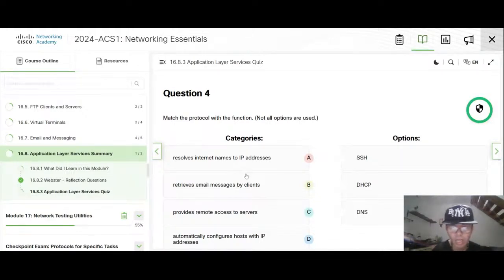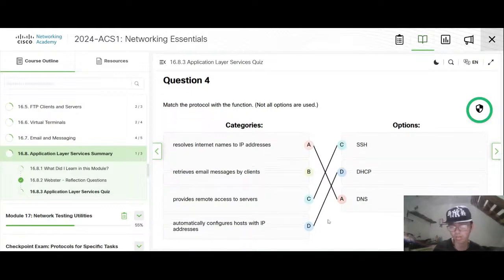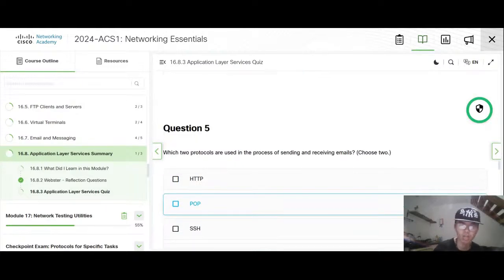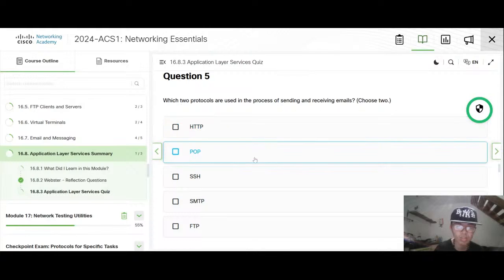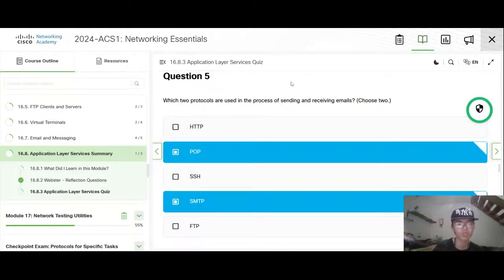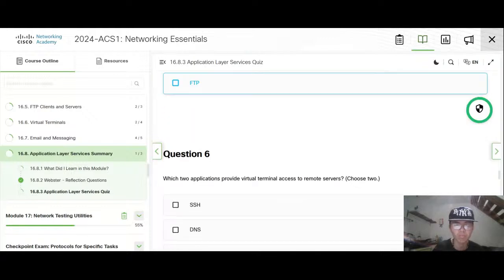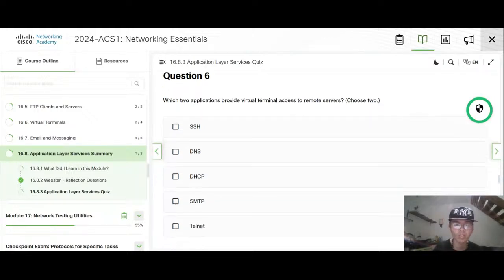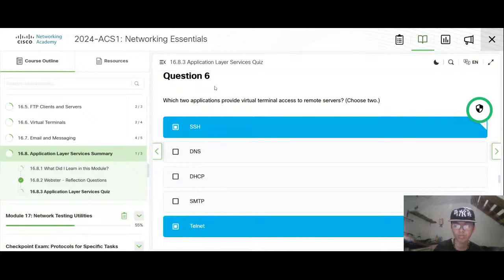This one is the S. This one is SSH. Fixed addresses is Dynamic Host Configuration. This one is Post Office Protocol and the simple mail. I don't really know what this stands for. Virtual is Telnet and SSH.